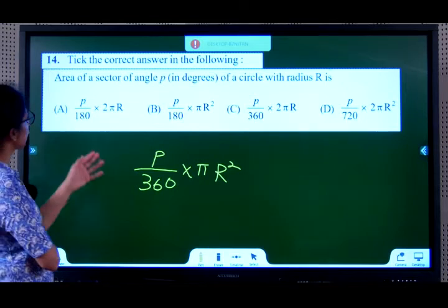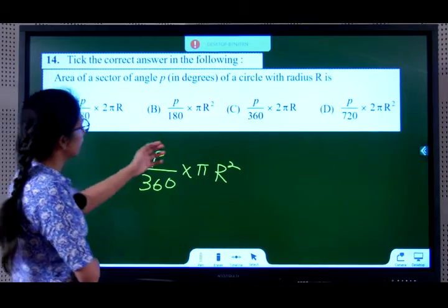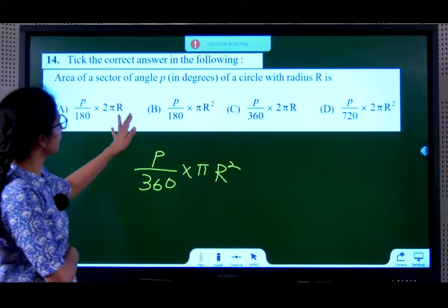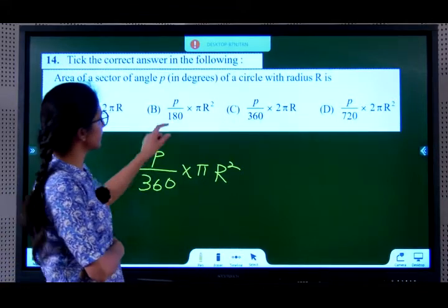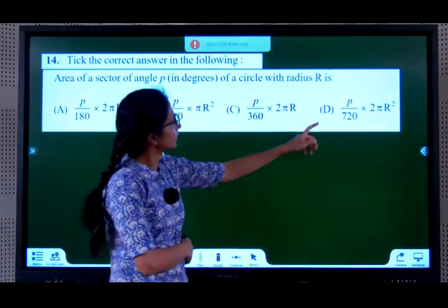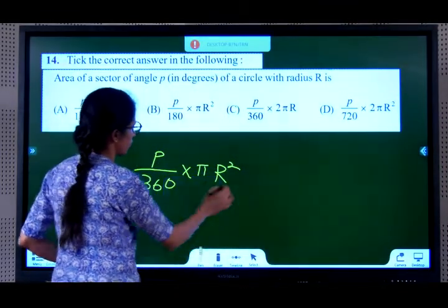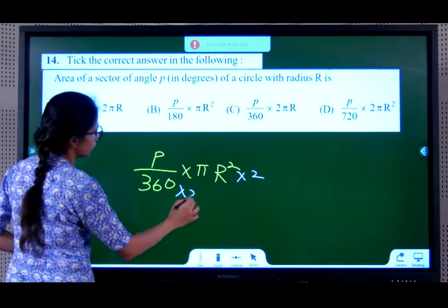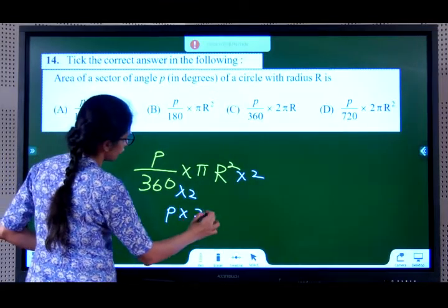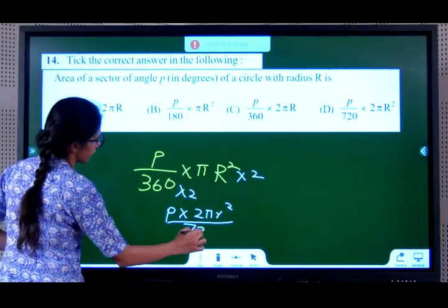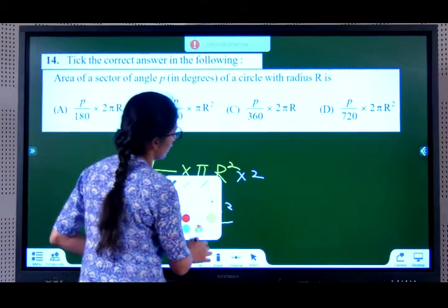Is any answer matching? P by 180 into 2 pi r, no. Pi r square, yes, but this is 360, 180, no. No. This answer, let's try to get 720. So if I am putting a 2 here, I have to put a 2 here also. Then I get P into 2 pi r square by 720. Therefore, your answer is option